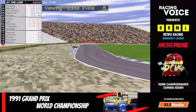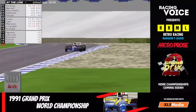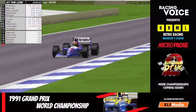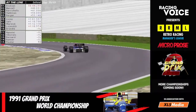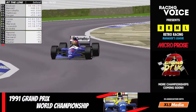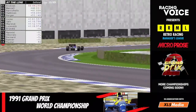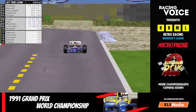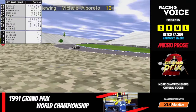And that's Irvine going off. Irvine's gone off and damaged the car. So big problems then for Irvine. Look at it. The front wing is broken. So one Ligier is now going to make its way limping back to the pits in the hope that it can get a repair quickly. But the other one is going to be Mika Salo, and he's going to be promoted to P6 in front of Paul Warwick. So a race full of young'uns, as Salo's going to be promoted to P6, Paul Warwick's going to be promoted to P7,